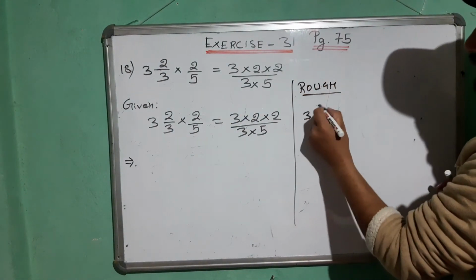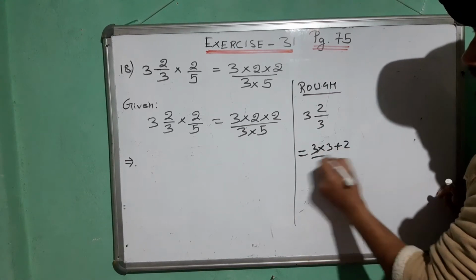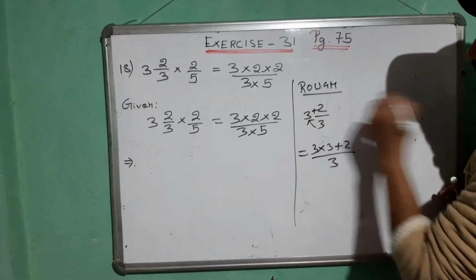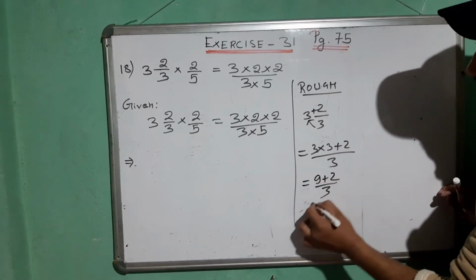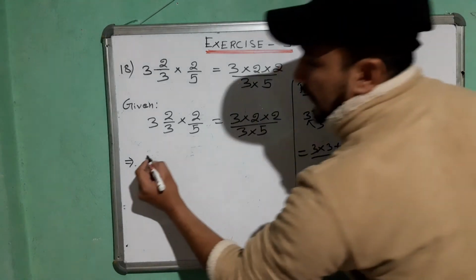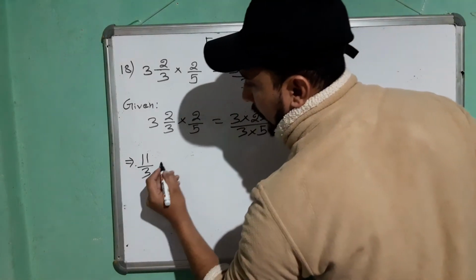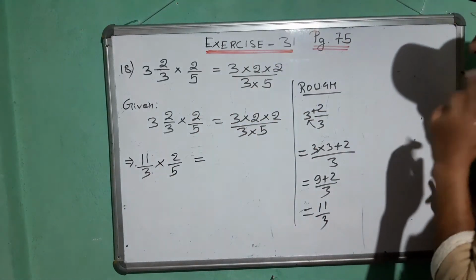You can convert 3 2 by 3, meaning 3 into 3 plus 2, divided by 3. This into this plus this. 3 3s are 9 plus 2, 9 plus 2 divided by 3, so 11 by 3. So here you will get 11 by 3 into 2 by 5 is equal to,